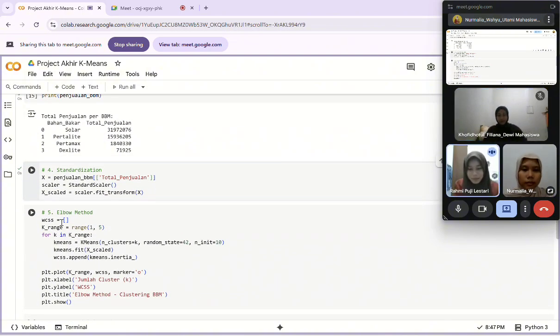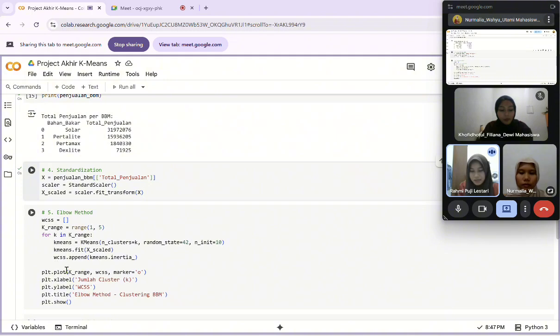Okay, thank you, Vivi. The fifth step is to determine the number of clusters using the elbow method. At this step, we try various possible numbers of clusters ranging from K=1 to K=4, because there are only 4 types of fuel. For each K we calculate the WCSS, or within-cluster sum of squares value, which is a measure of how tightly the data is clustered.